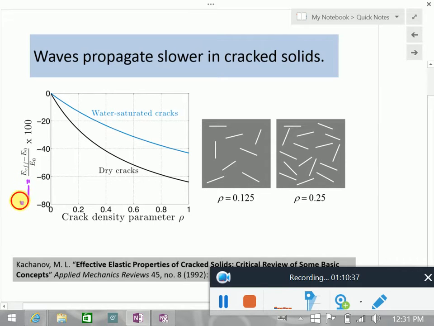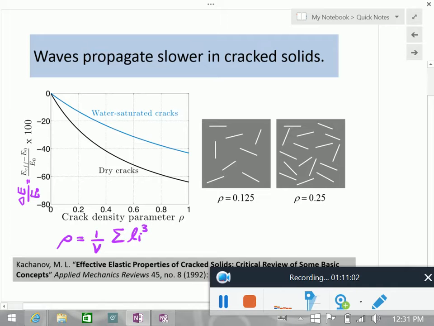Here is delta E, that means the effective elastic constant over E0, the change in elastic constants because of the presence of the cracks, and the x-axis is the crack density parameter. So you may ask what this is. This is basically,